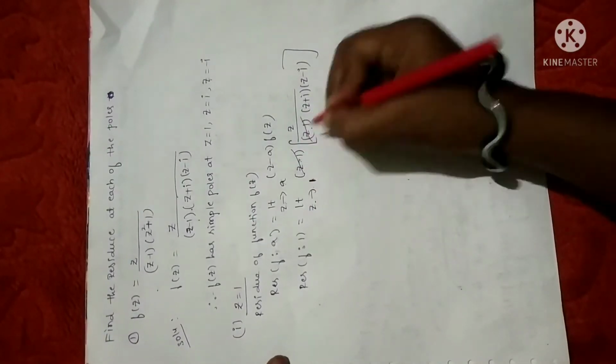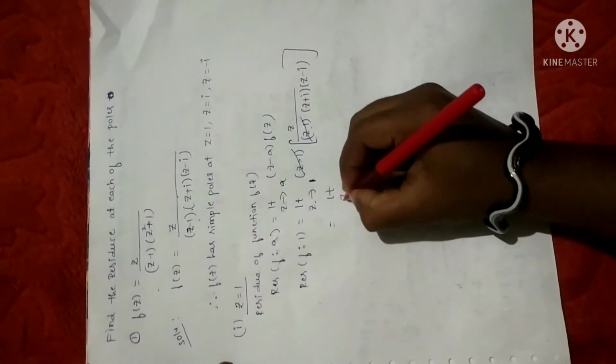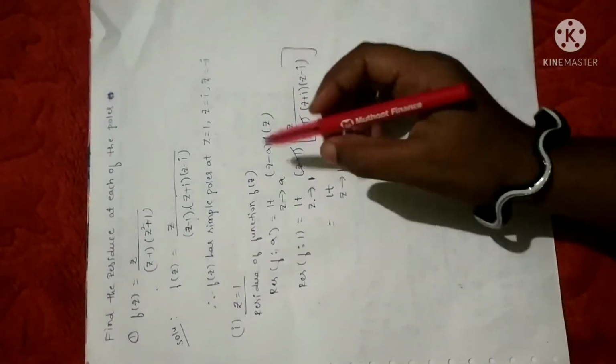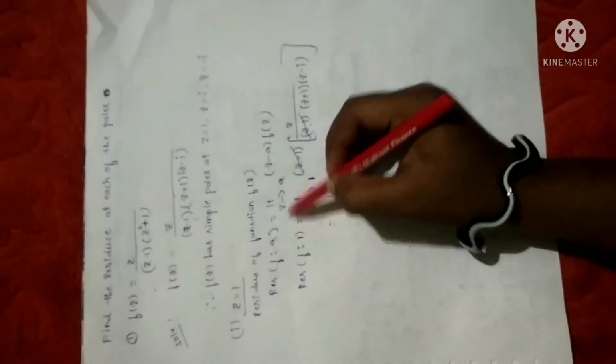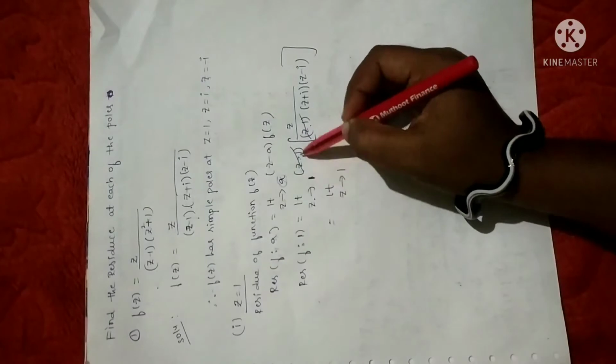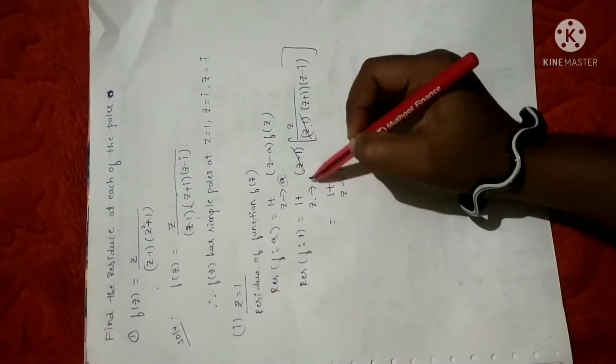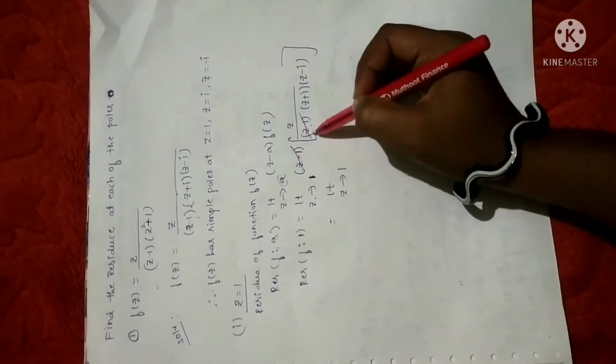Fine. So this z minus 1 gets cancelled. In the next step you have to simplify. See here, limit z tending to 1. I'll just repeat once again. Here the point a is 1, so in place of a, I have replaced 1 here. Wherever a is there, you just replace it with 1. So the minute you replace it with 1, before substituting the limit, the terms get cancelled.